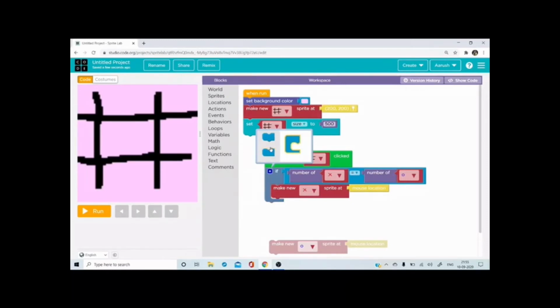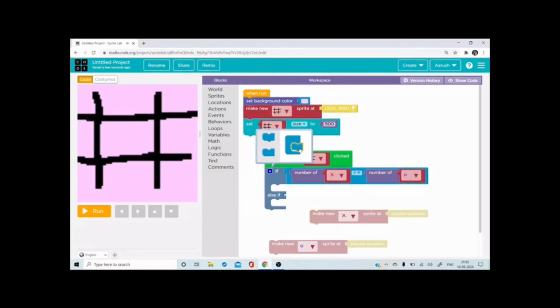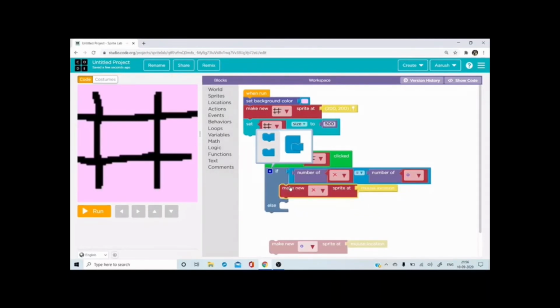Not sure why it's not taking. Okay, let me just check this. No, we don't have to take else if, we just have to take the else button. So when you click, you make this, else you make this.